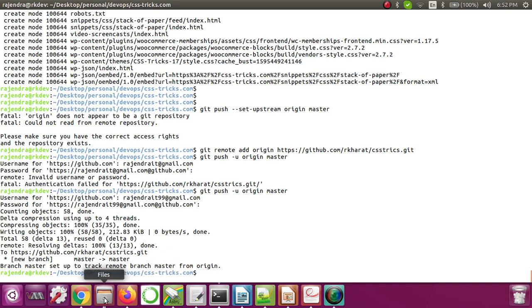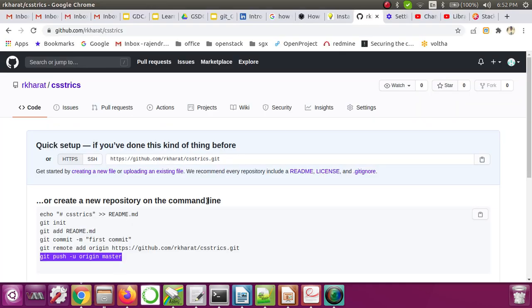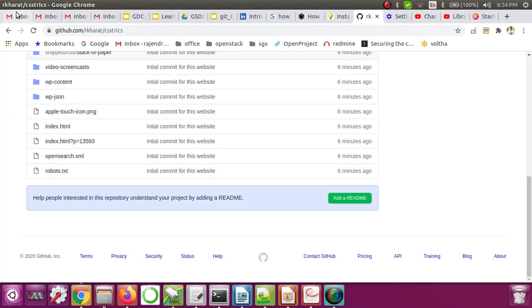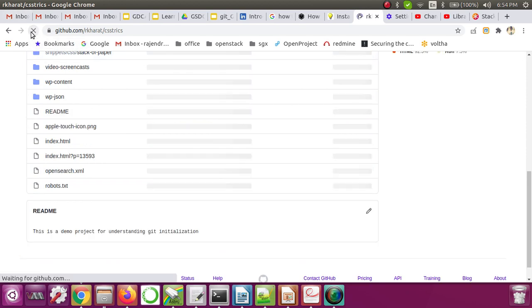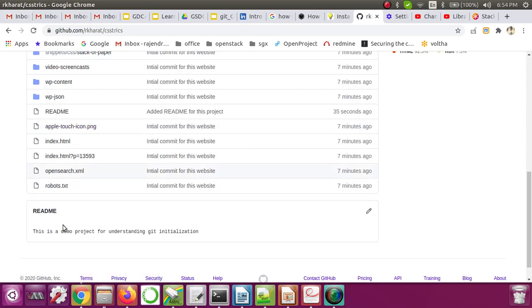Let me go back to the repository, and now let me refresh it. You can see that now readme got added, and now it is showing that readme here. Okay, so this is how we can initialize any project. Okay, means already available project, and we can associate it with the git repo. Okay, now